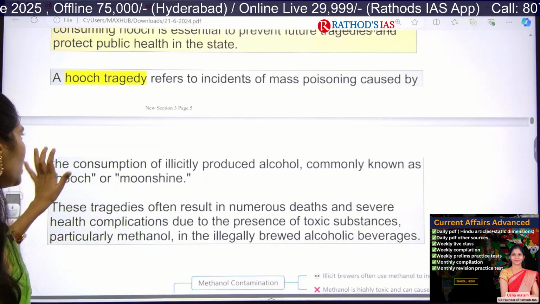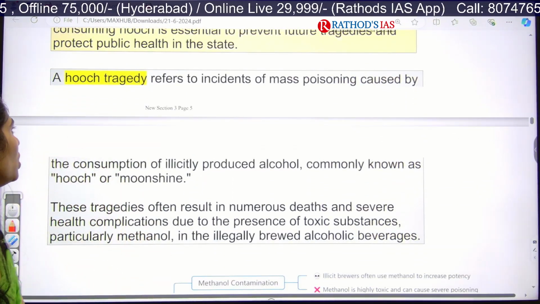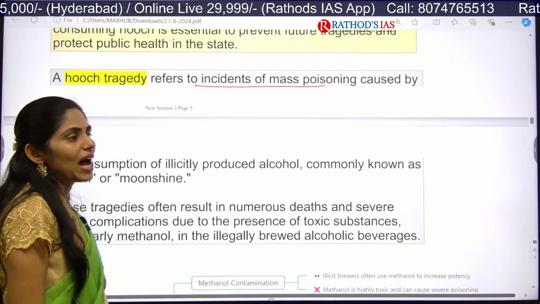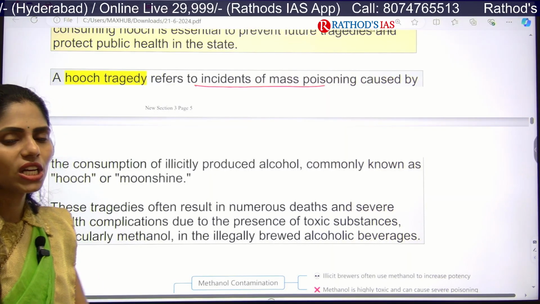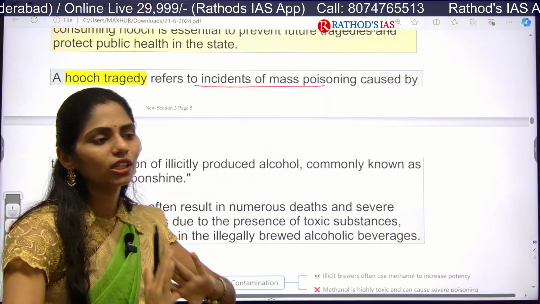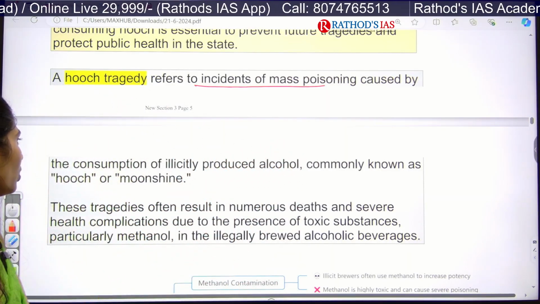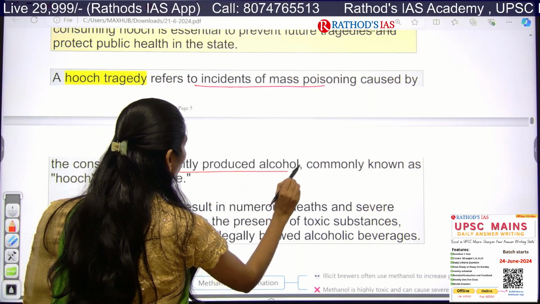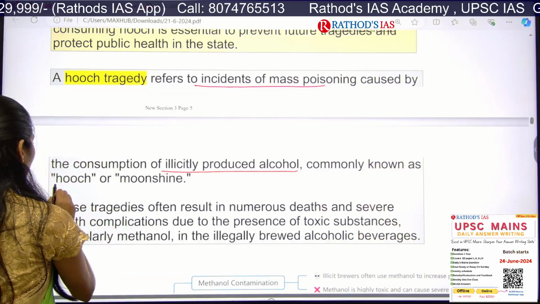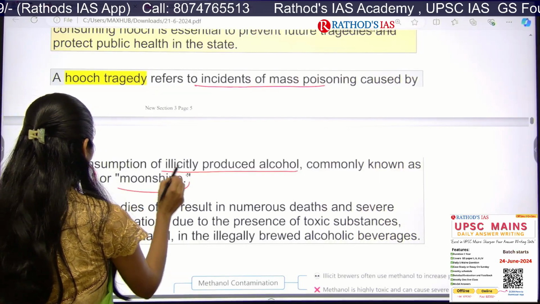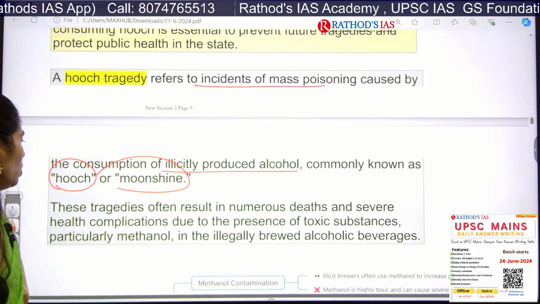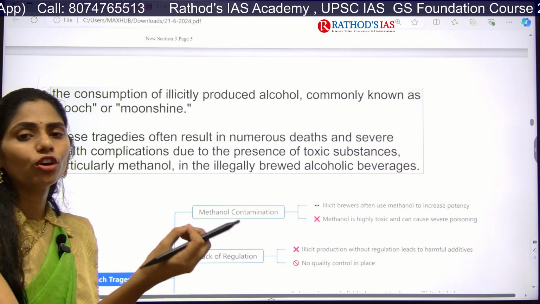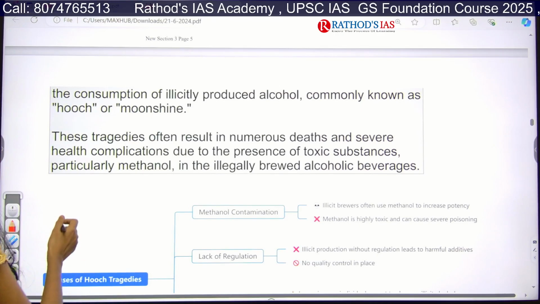And now let us see what is this hooch tragedy. So hooch tragedy refers to the incident where we can see mass poisoning. Mass means a large number of people will be getting poisoned in one go. Why? Because of consumption of illicitly produced alcohol, known as moonshine. These tragedies result in a very high number of deaths,